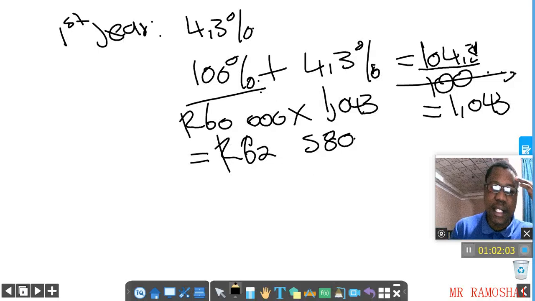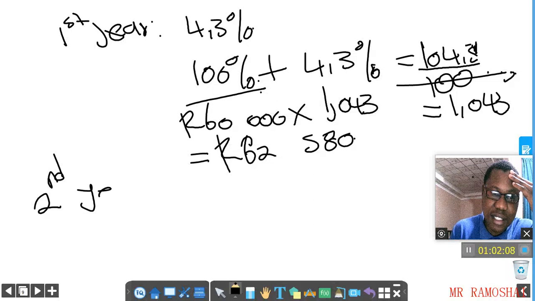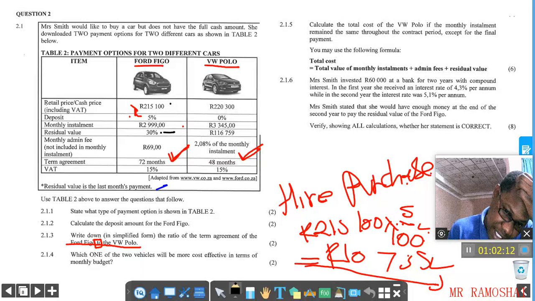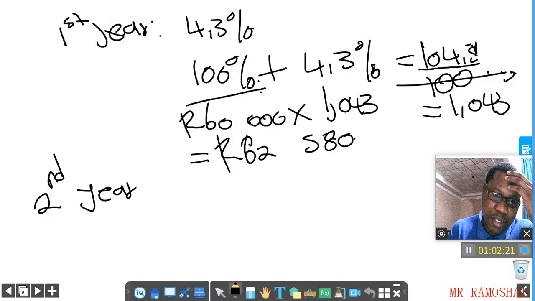I'm sorry for that. Then in the second year, the balance, remember she's using compound interest. She's not using simple interest. So every year the interest is added on the balance from the previous year, right? So when the bank starts her second year of investment, they are going to start at a balance of